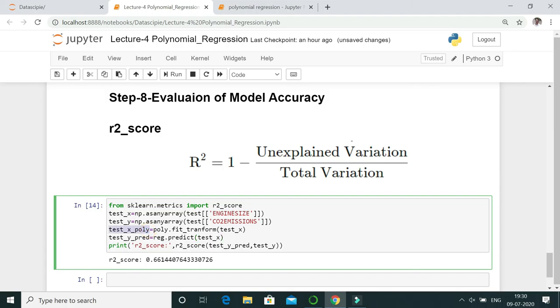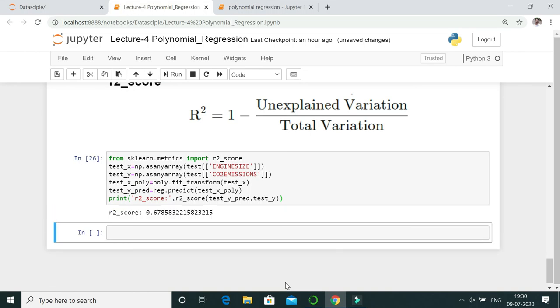So copy it, paste it over here. When we execute it, we get 0.67 as the R2 score.